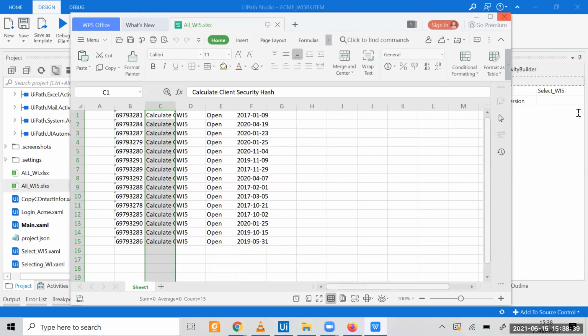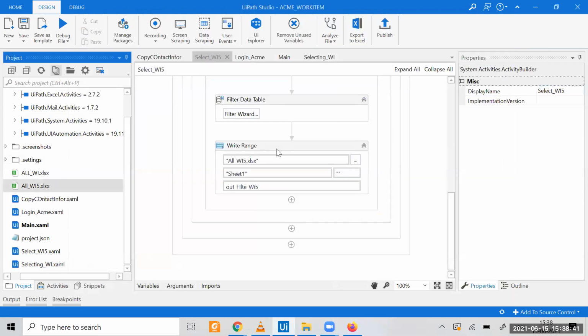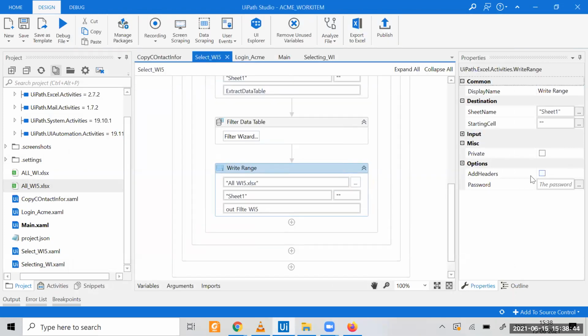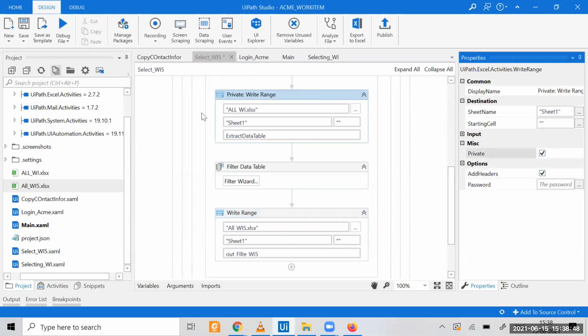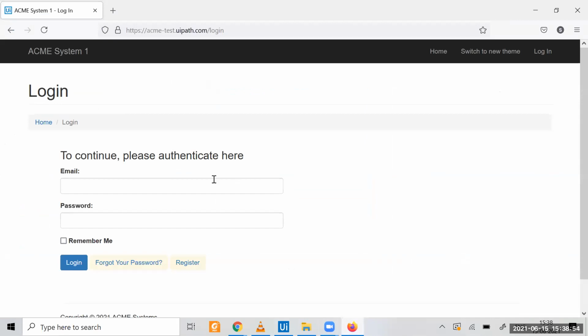This is all there. So let me put a header this time, so that whenever it is writing, it will add a header. Now, these are the things we have done. So basically, if you remember your process documentation, I'm going to give you some tasks today, and I hope you will be able to fill it up.